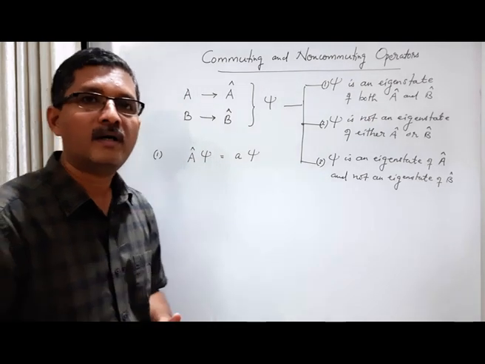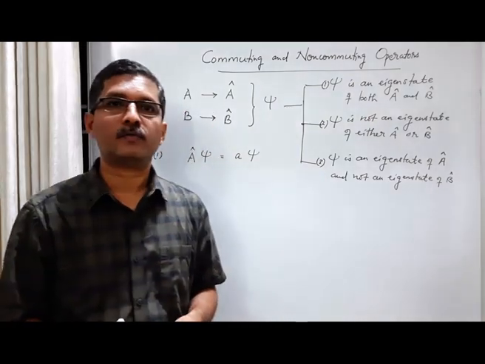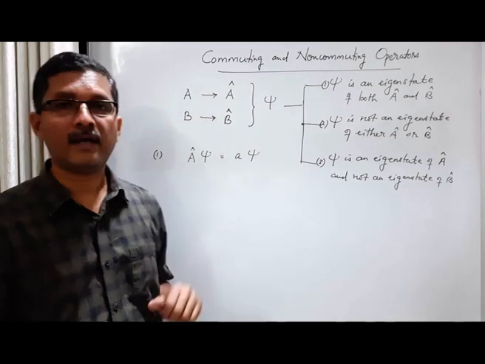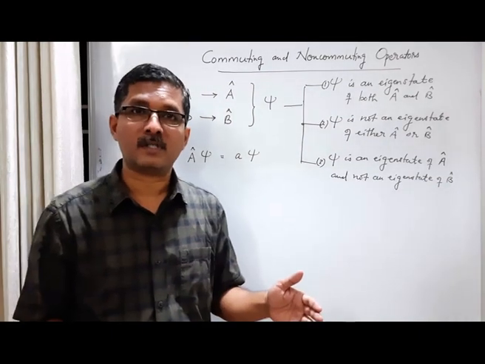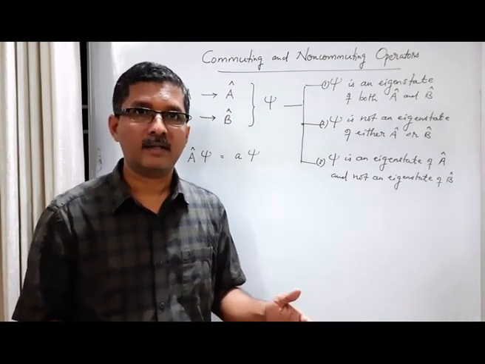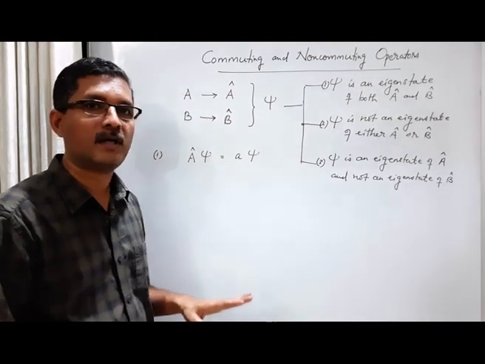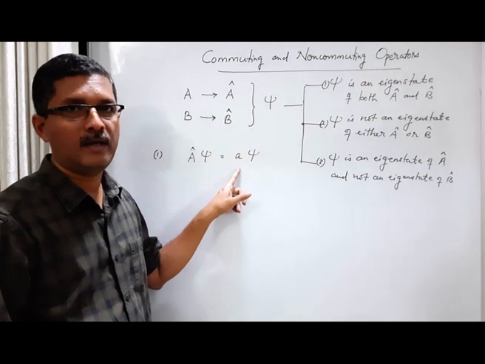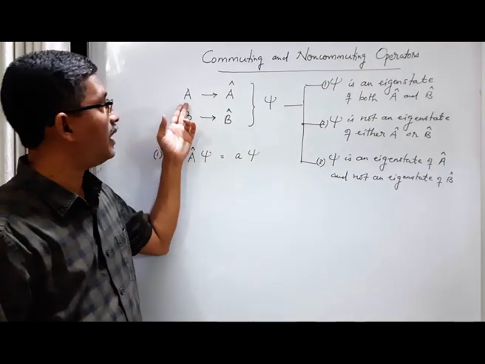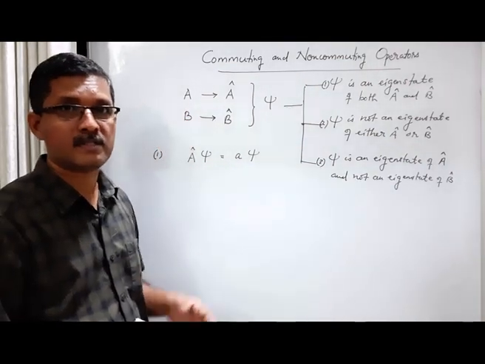Mathematically this is what we get. Physically, if psi is an eigenstate of the operator A, then every measurement of the physical quantity A yields the same eigenvalue small a. So in the 10 trials, in each trial we will get the same eigenvalue a. We say that the physical quantity A is sharp in the state psi.